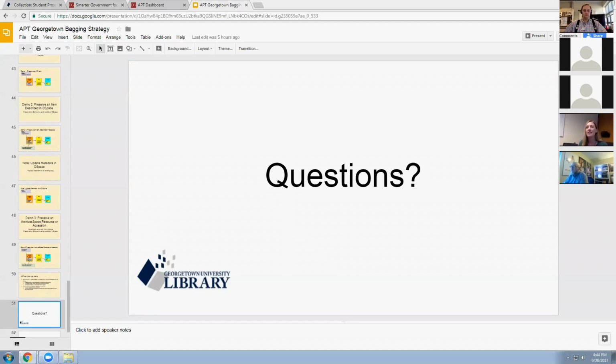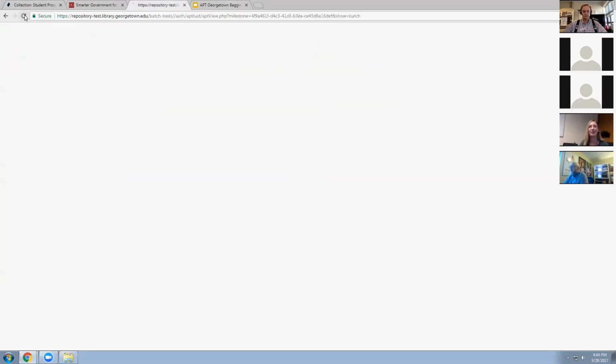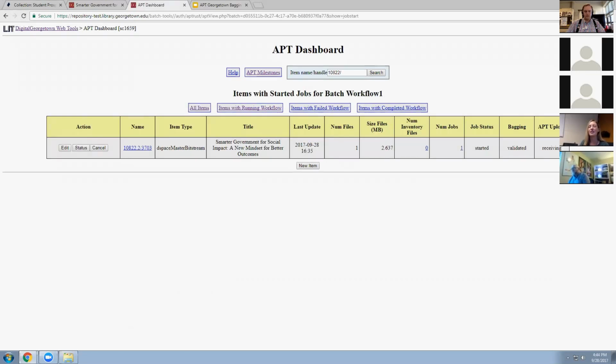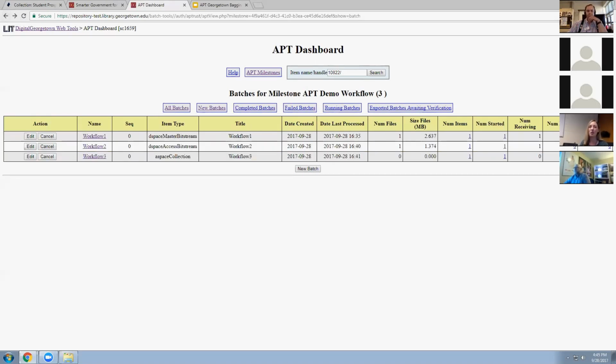And Christian says the demo system reads the buckets every 16 minutes as opposed to hourly. So great. We can continue to refresh, and hopefully we will see one of those confirmed and validated. Oh, and we have a timer on our end too that pulls, so it's possible it could be waiting on our end to run our process that will trigger the receipt. Okay. Yeah, it looks like it's receiving. But at this point, that's what we wanted to show you all today. We're happy to take questions.